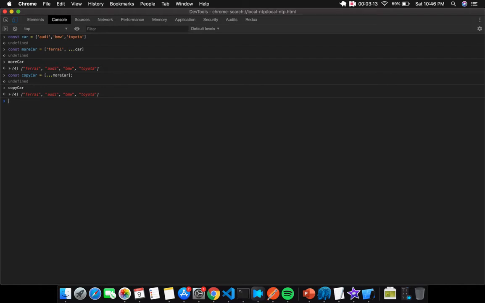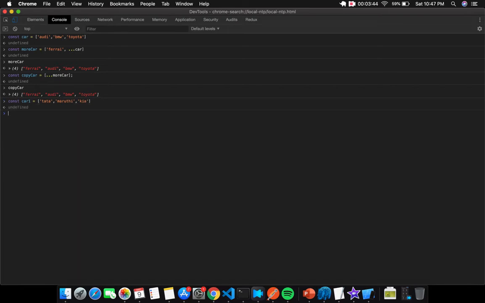Next we are going to see concatenating. Suppose you have 3 variables. So we will define another set of cars: const car1, which will have Tata, Maruti and Kia. Now I want to combine car and car1.